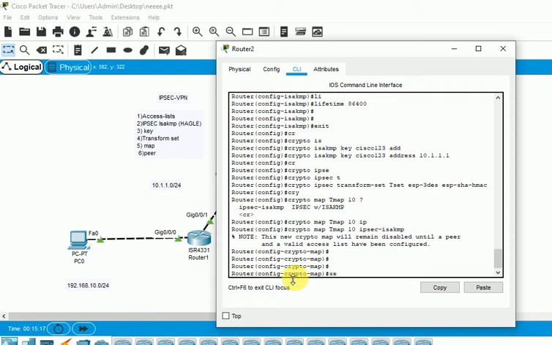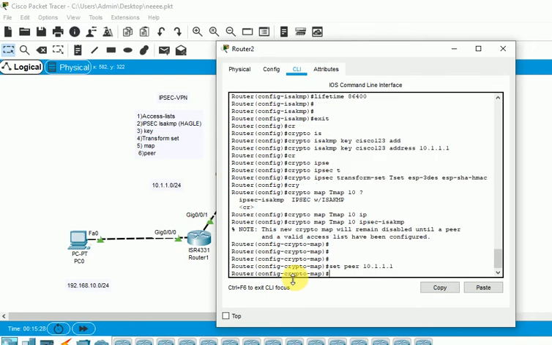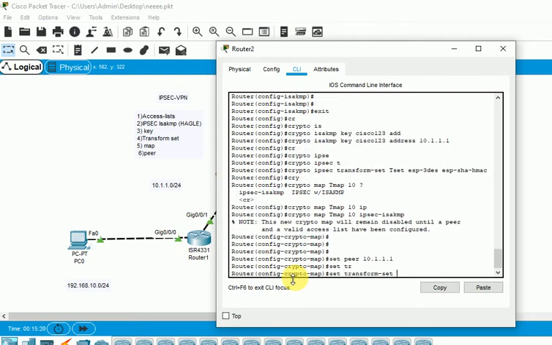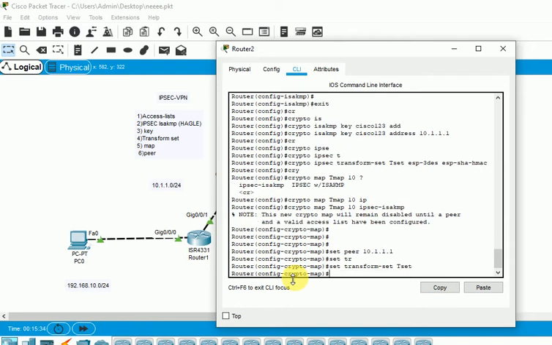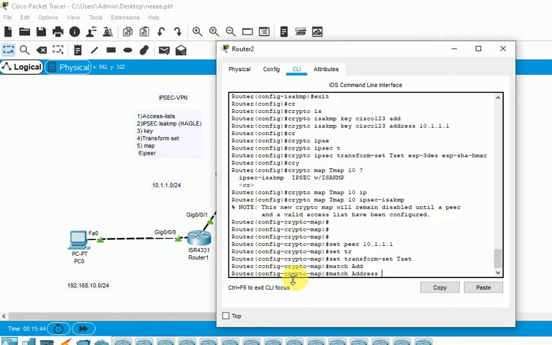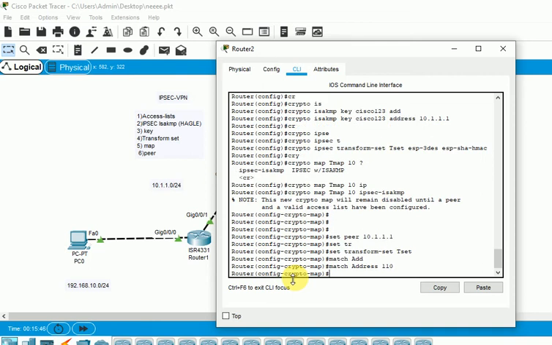Now we have to set the peer, 10.1.1.1. Then set transform set as T set, and match the IP address of the access list, the number we have given, address 110.